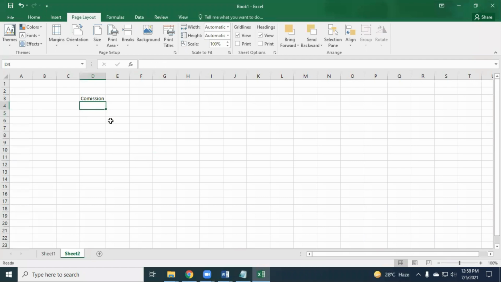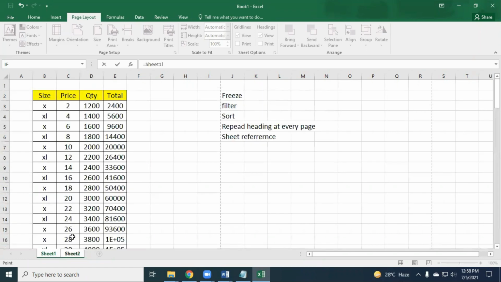So you can use this technique in a shortcut way. Just press equal where you would like to bring the value, then go to Sheet1 and select the cell from which you would like to bring the value. Just after selecting, you have to press enter. Sometimes you may make a mistake. What type of mistake?